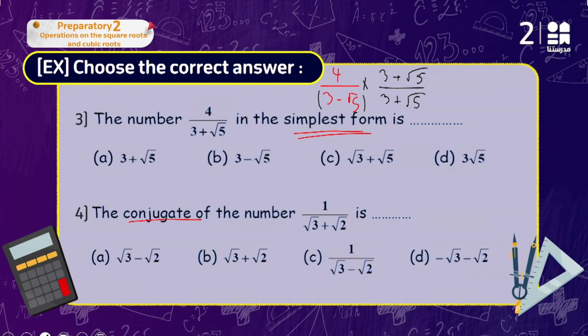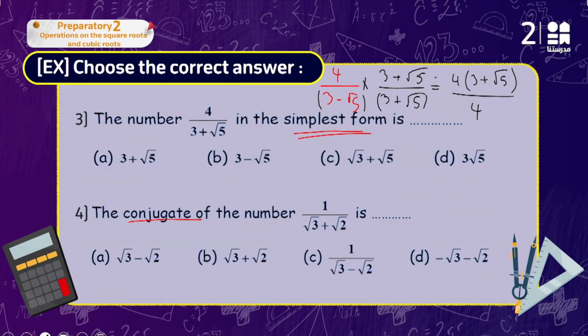Because 3 plus square root of 5 is the conjugate of the denominator. The conjugate of the denominator, this with this, is conjugate. So the result will be 4 times 3 plus square root of 5, and these two numbers, 3 minus root 5 and 3 plus root 5, when we multiply them by each other, because they are two conjugates, the result will be